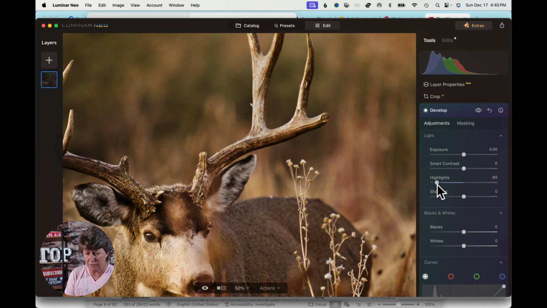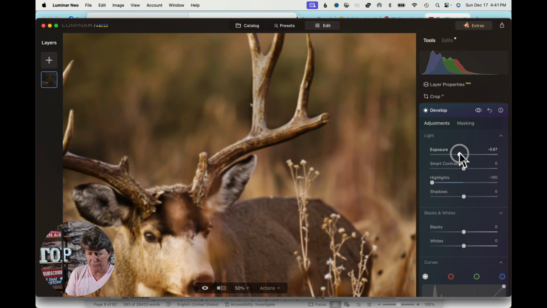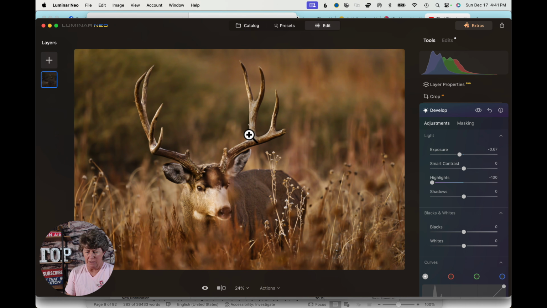And there we go. Look at that. Before and after, it worked. Could probably even take it down even more. There we go. It's not so bright now. Maybe I could even take down some exposure just a little bit without really noticing. Oh yeah, look at that. All right, so